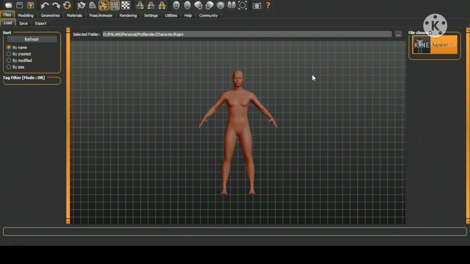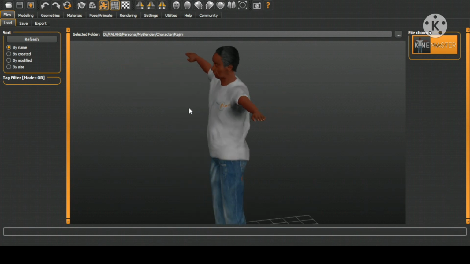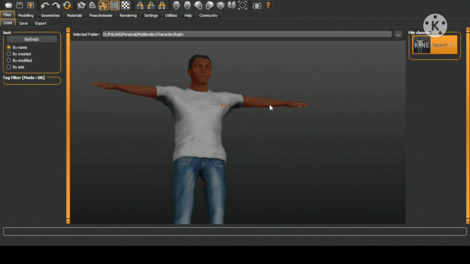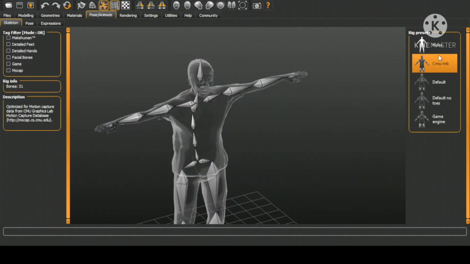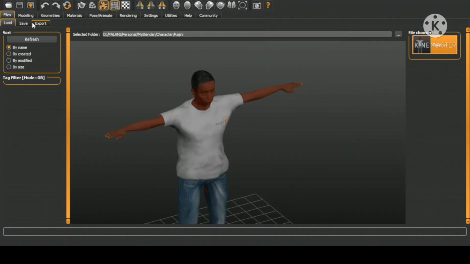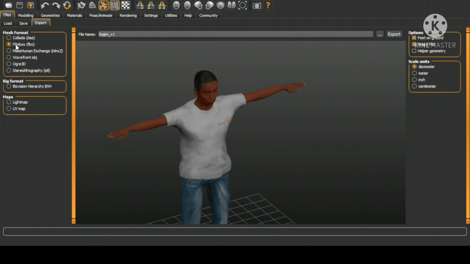Initially, I started exporting in .fbx, but it didn't work for me and the mesh was distorted. For rig selection, I selected CMU. With the help of the MakeHuman add-on, I imported this character on the fly into Blender, so I am getting real-time changes.